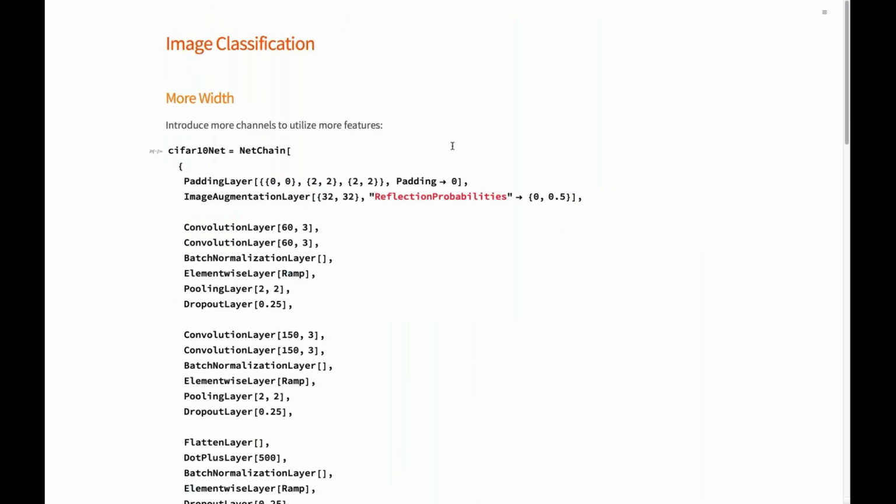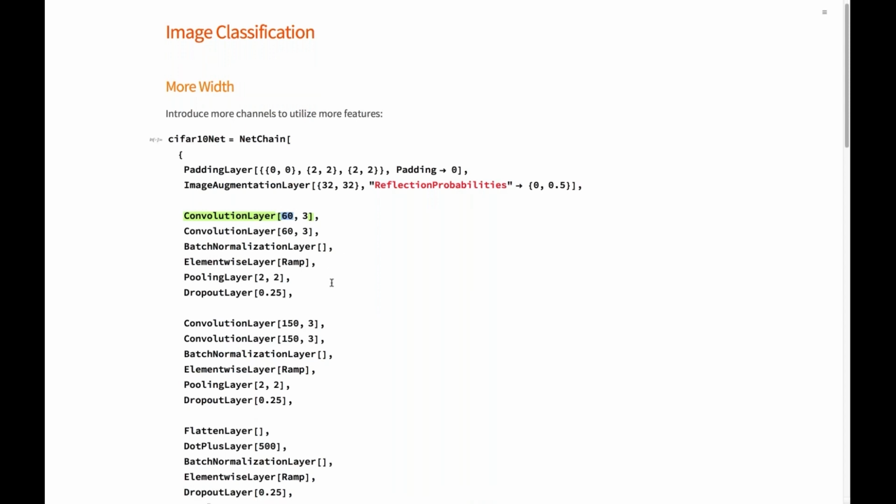All right, so what else is there? Well, now comes the obvious. If you want to have better results, you just basically take a bigger network. There are two ways to make a network bigger. You can make it wider. Instead of using, I think I used 20 features only, I can work with 60 features. Having more features, I can learn more, have more information, and that in general should work better. Drawback, of course, is you have more parameters to learn, so it gets a little bit more tedious.